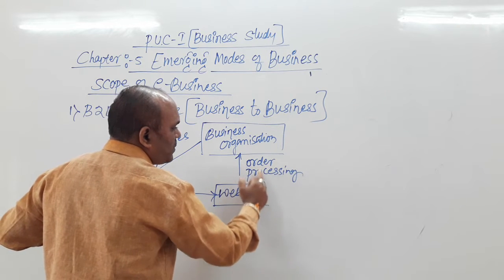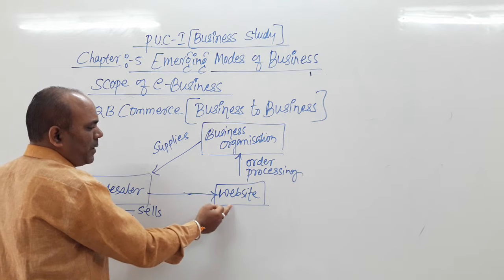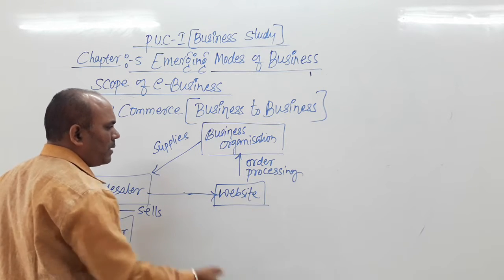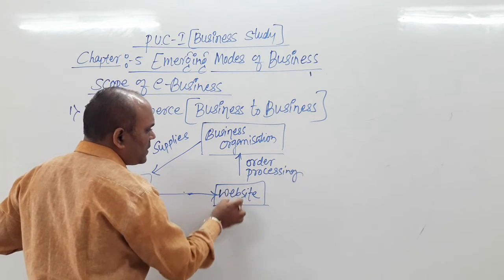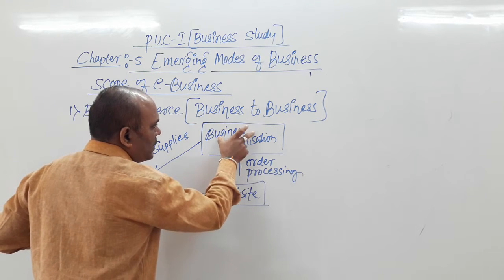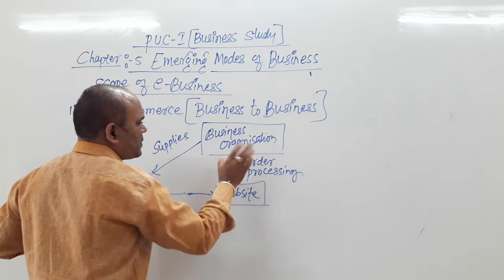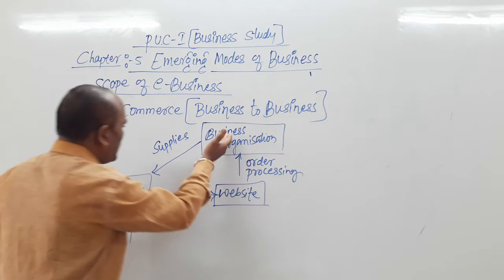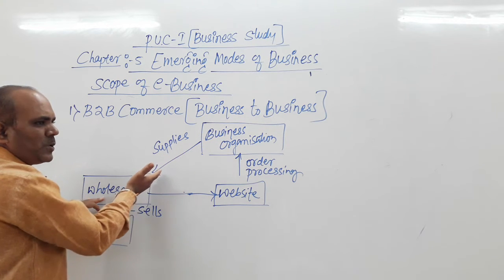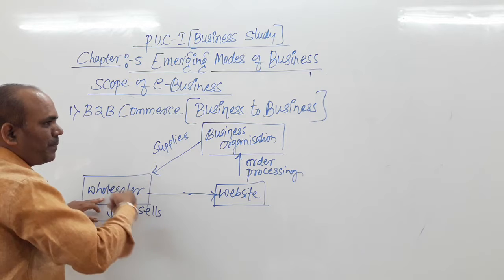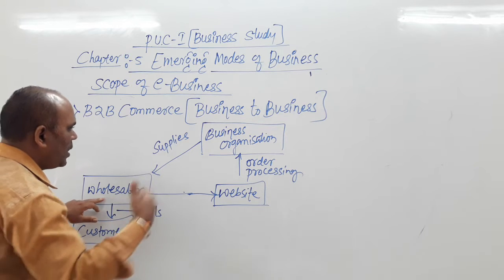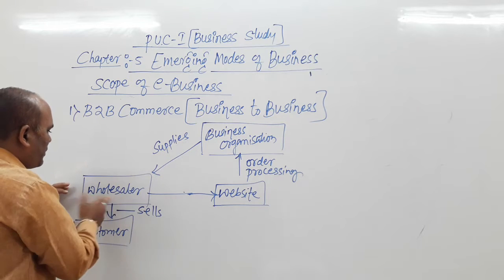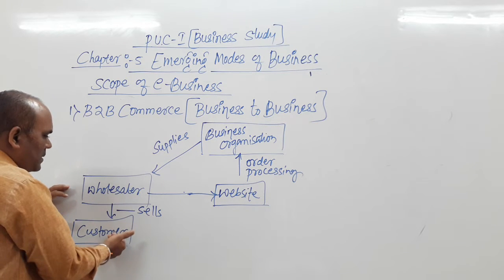So order processing: the wholesaler searches through the website, and then sends the order. Then such order is processed in this business organization. Once the order is taken from the wholesaler, then the business organization definitely supplies those goods which are placed in the orders, then supplies to the wholesalers,